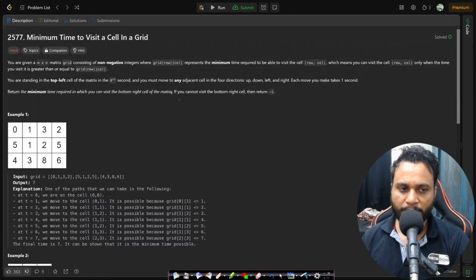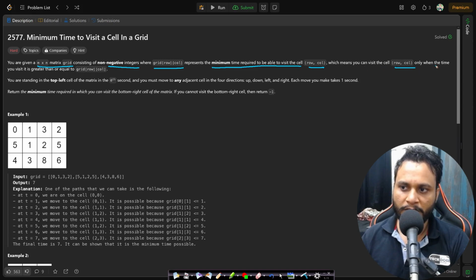Now let's read the problem statement. In this problem, you are given an m by n matrix grid consisting of non-negative integers, where grid at row column represents the minimum time required to be able to visit that cell row comma column, which means you can visit the cell row comma column only when the time you visit it is greater than or equal to grid at row column. You are standing in the top left cell of the matrix at the 0th second,